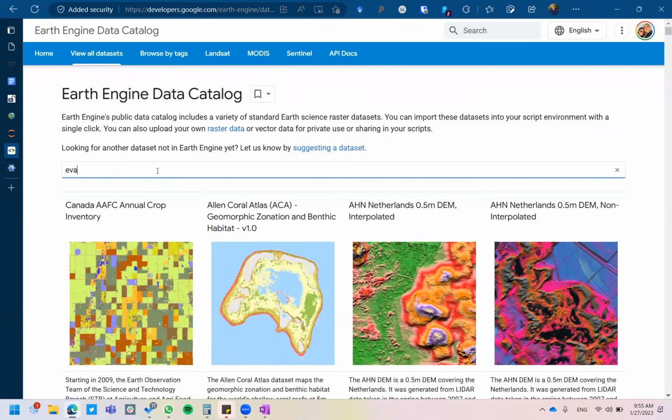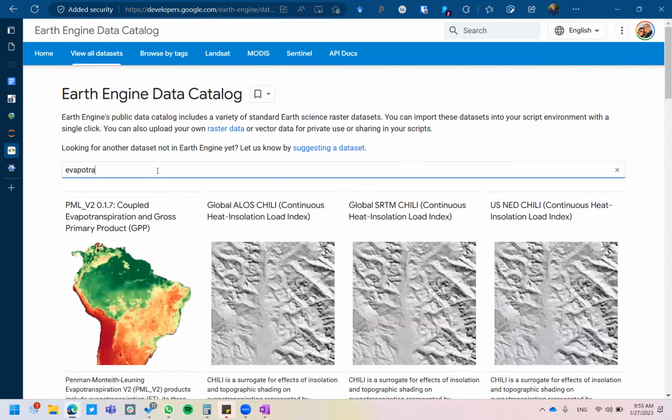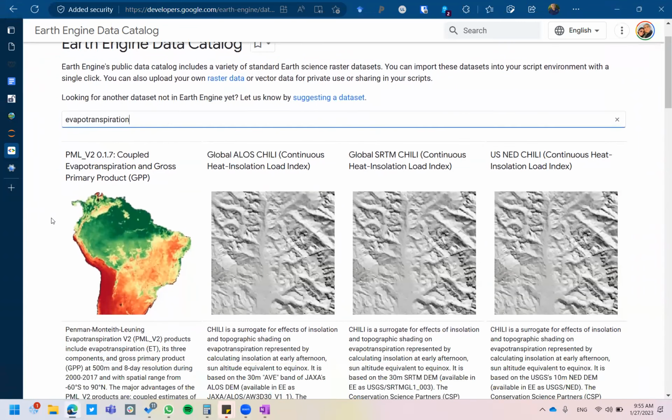evapotranspiration. Who knows what is evapotranspiration? Okay, what is it? It's the water evaporated from plants and also from soil. Yeah, it is the water that plants and soils contribute to the atmosphere due to the effect of solar radiation. So if I type evapotranspiration,